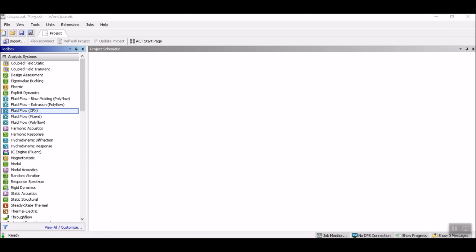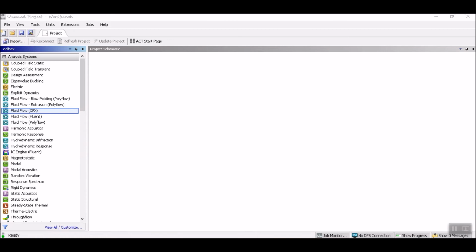So what is ANSYS? ANSYS is a simulation software that uses computational power to solve real life problems, like fluid flow problems, thermal problems, crash problems, medical problems, and many kinds of real life problems that we can perform with the help of simulation in the ANSYS software. So is ANSYS a software or a company? I will tell you, ANSYS is both. ANSYS is a software called ANSYS, and ANSYS is a company called ANSYS Inc.